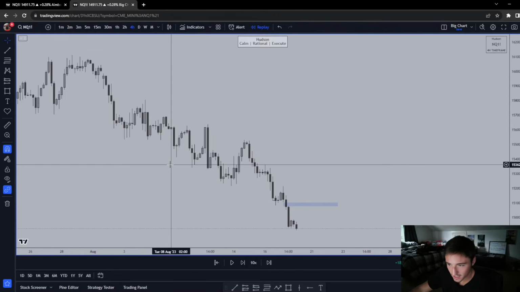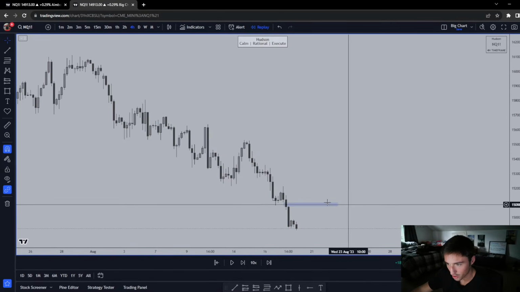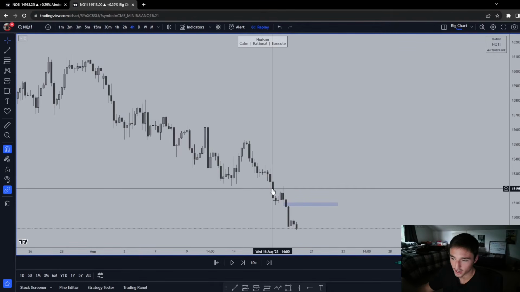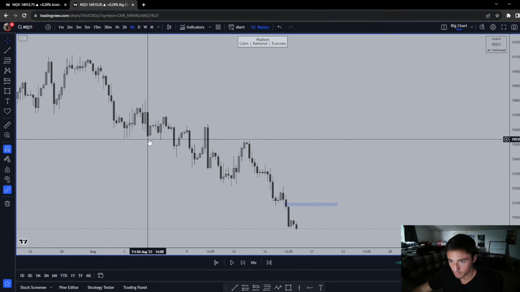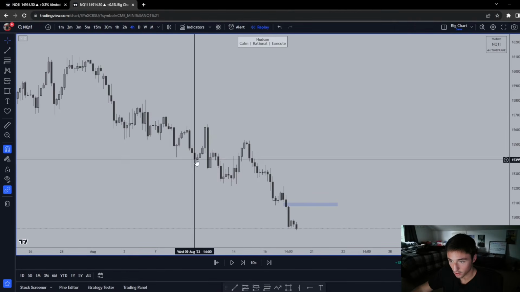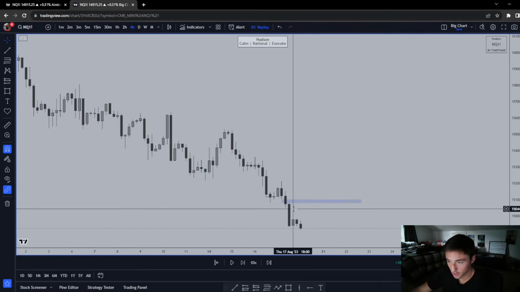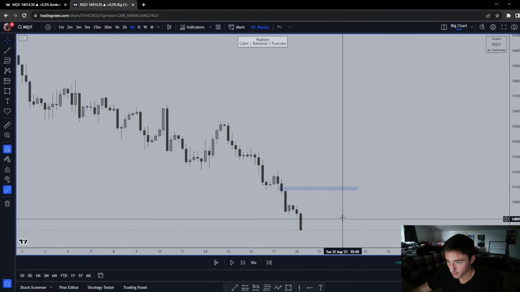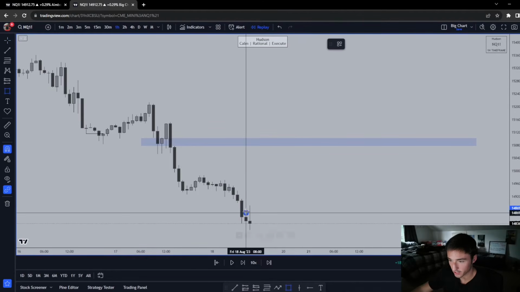But the thing is, look at what's happening. Every time we make a low, we don't displace through it. This was the only time we got displacement, right? Make a low, up, lower low, up, lower low, up, lower, up. Like, we aren't getting that displacement through. So let's see what we do. So we're coming down. Let's go to the 1 hour. So we have this fair value gap. If we run it,